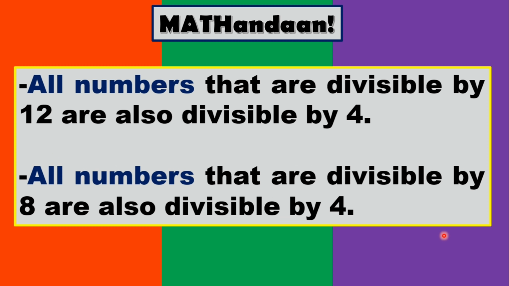The second one, all numbers that are divisible by 8 are automatically divisible by 4. But not all numbers divisible by 4 are also divisible by 12 and 8. It depends. Okay? So any questions? I think none. So let's proceed